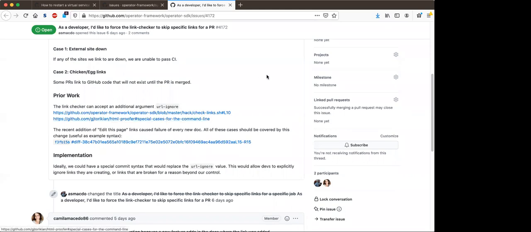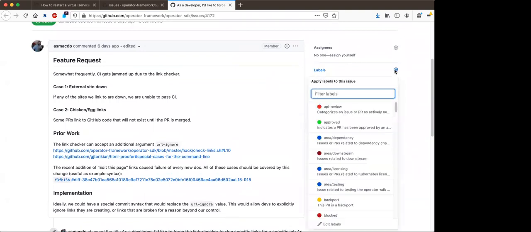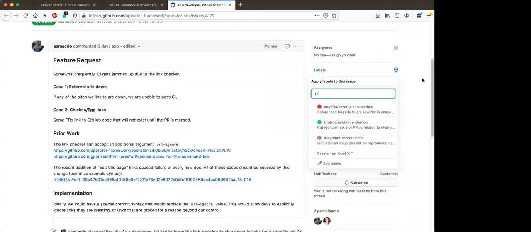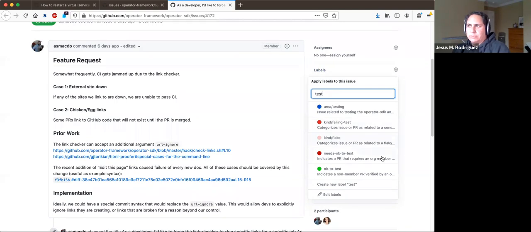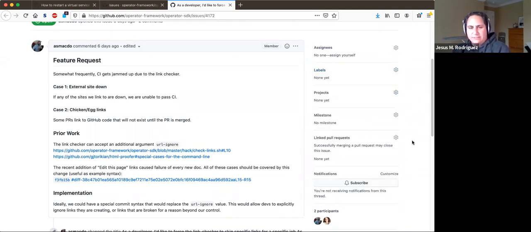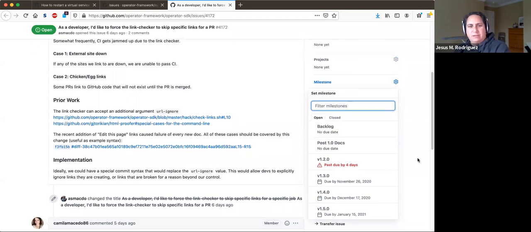Because it's such a shame to have the link checker be such a common gate for our pull requests when it has nothing to do with anything that's actually failing on our side. I know that with the OpenShift CI, for cases like this where a test is a chicken and egg problem, I think this might be part of Prow, you can override the test name. So I can basically say, look, I'm skipping this test because I know it's a chicken and egg. I know I need to get this in first. I wish there was a way to put it into the PR as a comment versus adding a commit to the PR itself.